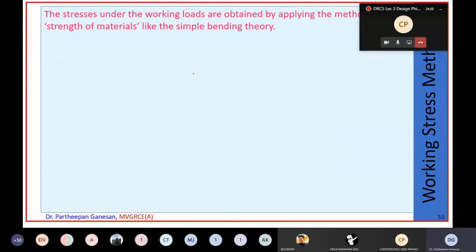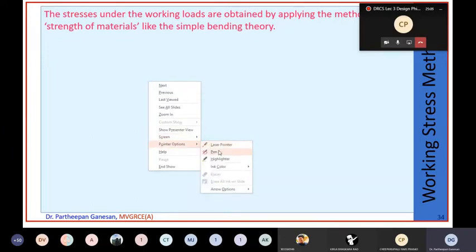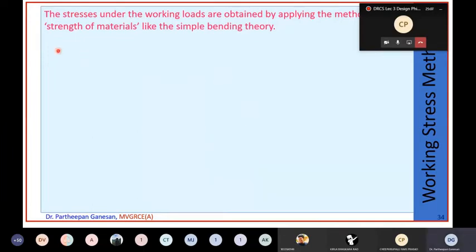Now, because it is a linear elastic material, you can usually use the concept of strength of materials. Whatever you have studied for evaluating stress and all these things, you can use strength of material concepts to find out the stresses in concrete and steel and so forth. So for example,